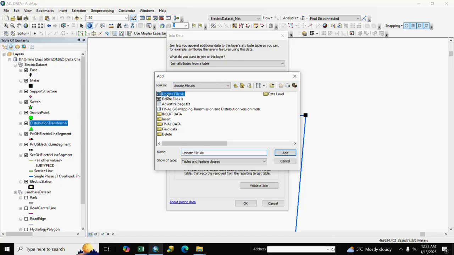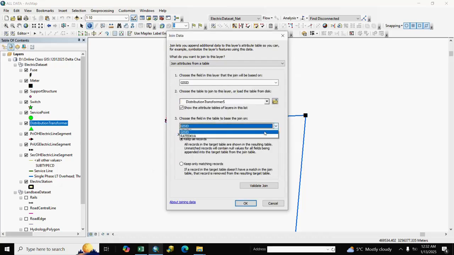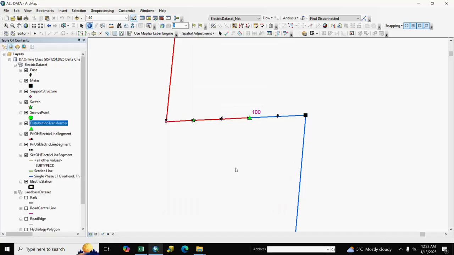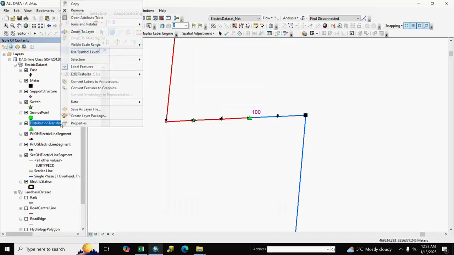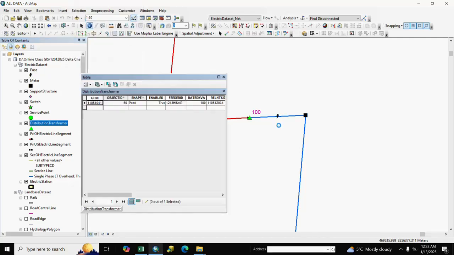Here is update file. We select here add and select here GIS ID, keep only matching record. OK. And we open attribute table, go to table, and we select here.